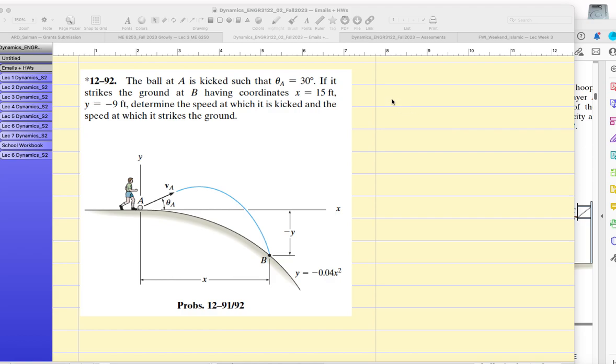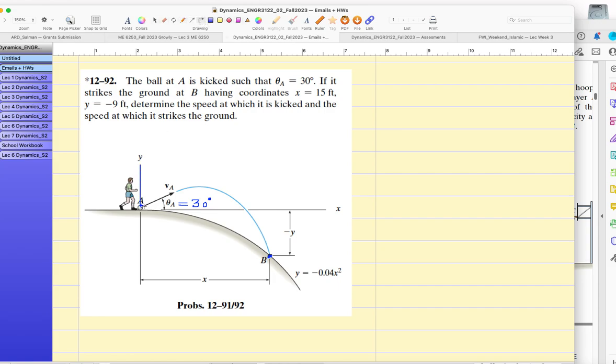The ball at A is kicked such that the angle of the projectile is 30 degrees, and this angle is 30 degrees. If it strikes the ground at point B,